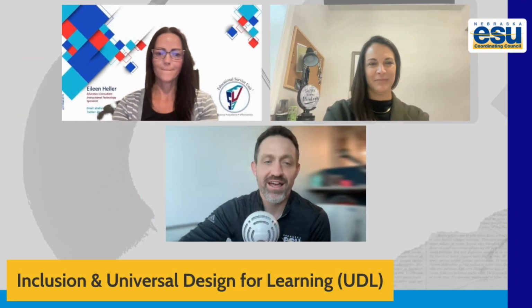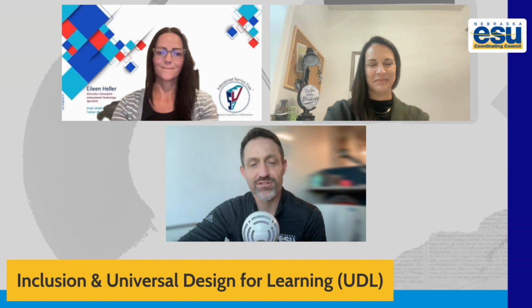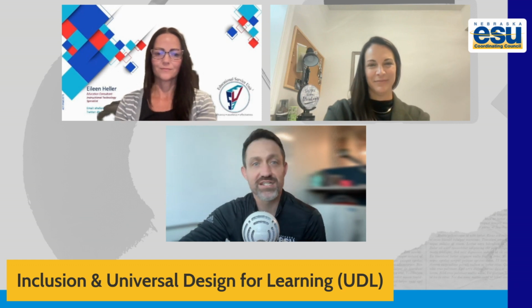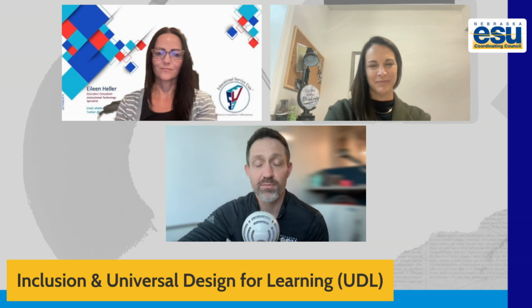Excited for another video in our series on writing and AI. And in this video, we're going to talk a little bit about inclusion, UDL, which is Universal Design for Learning. We could have a whole webinar series on accessibility and on some of the ethical implications of AI and really go into a deep dive there. Maybe we will over the course of time. But for right now, this is where we've chosen to start.